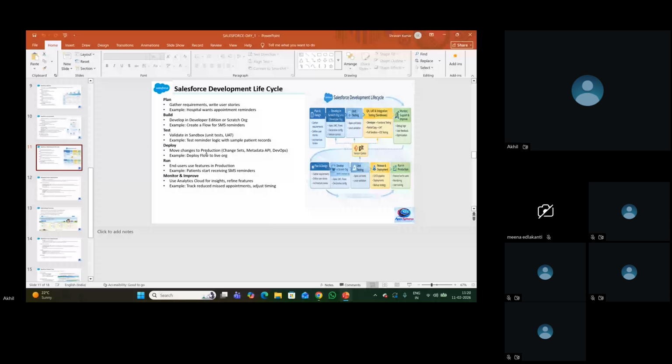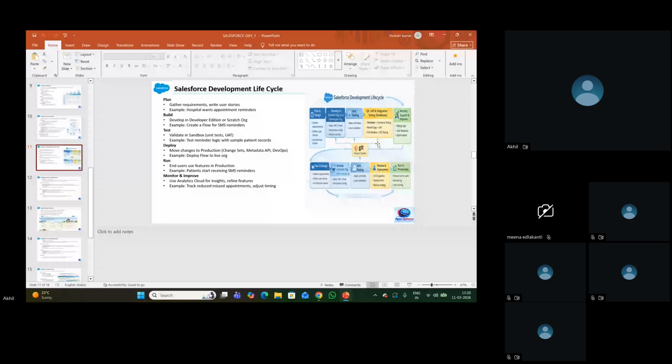There, the real-world customers of our hospital application will test it. Once everything is done, the developers move the functionality and code to production.